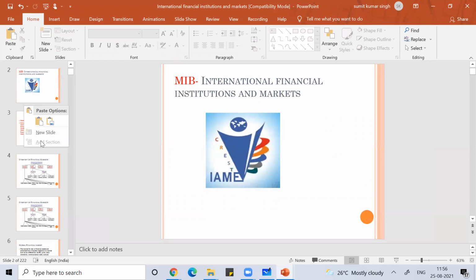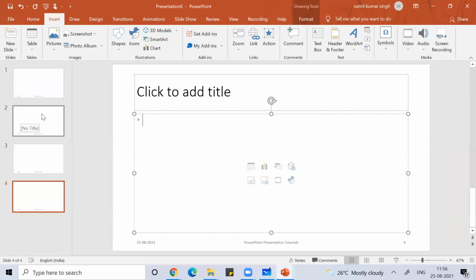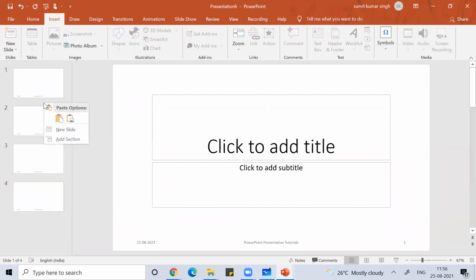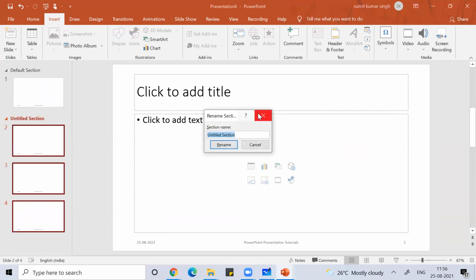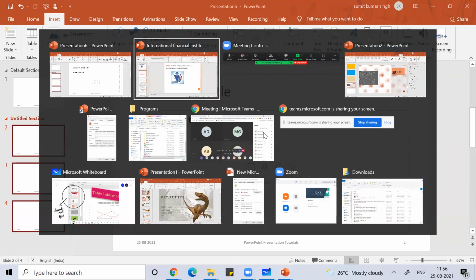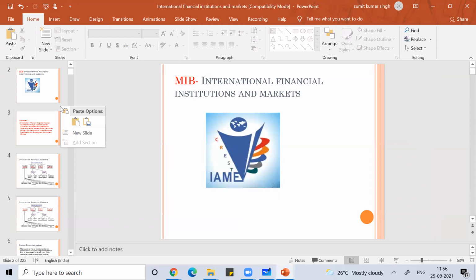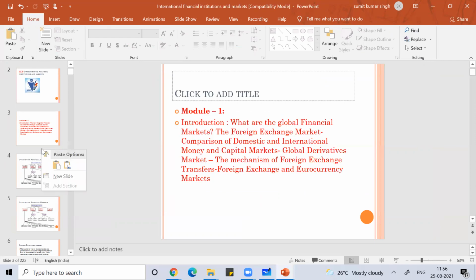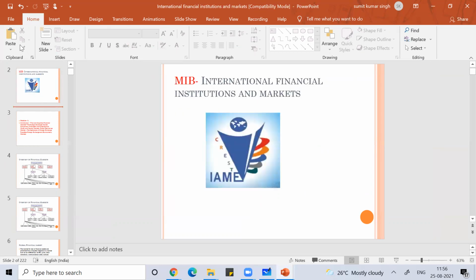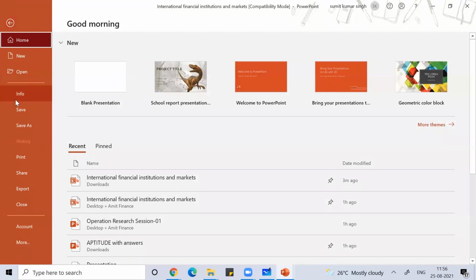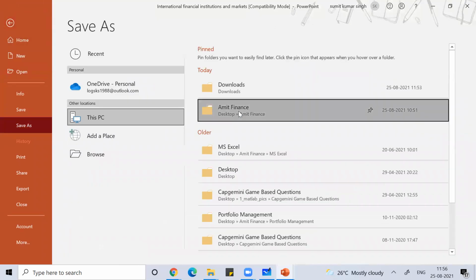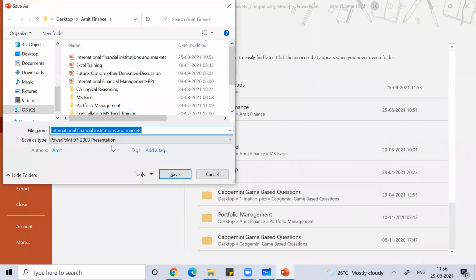Add section. Why is add section not coming here? Here add section is coming, and here it is not coming. Maybe it's an older version. One minute, let me save it in a newer version. In the older version, sections were not there.